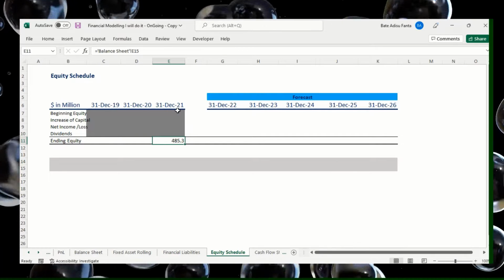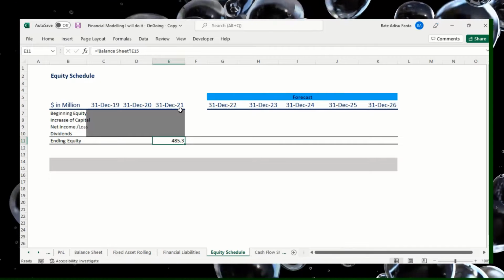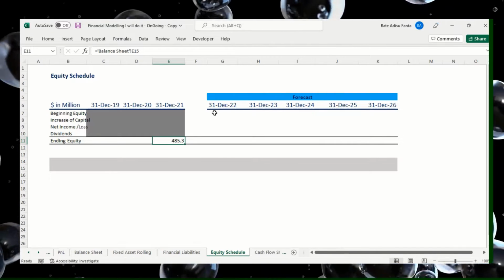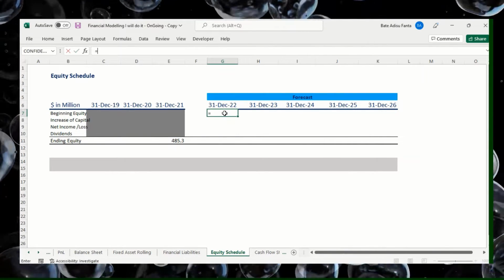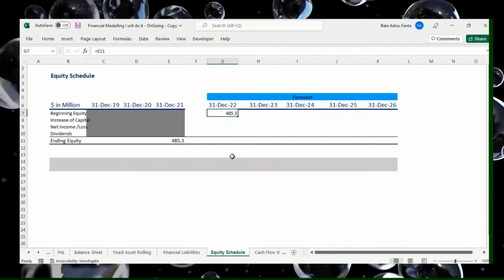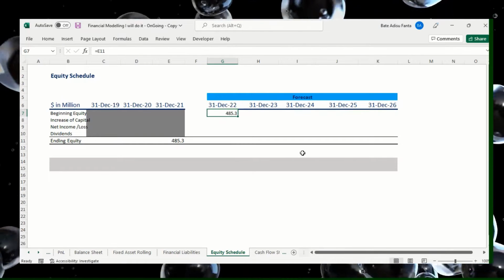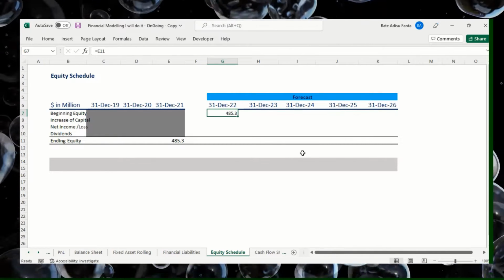So in our case, the ending equity for 2021 is the beginning equity for 2022. So let's link these 2 years in this manner, and then what we do is